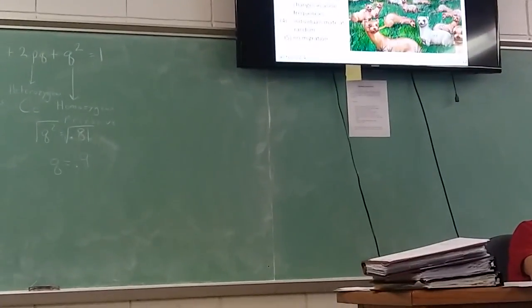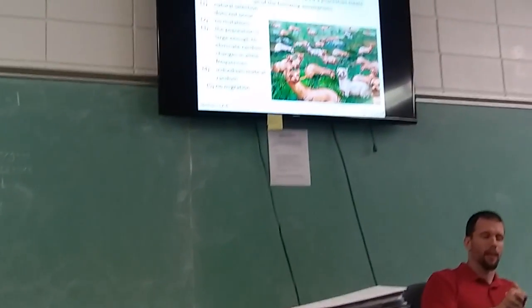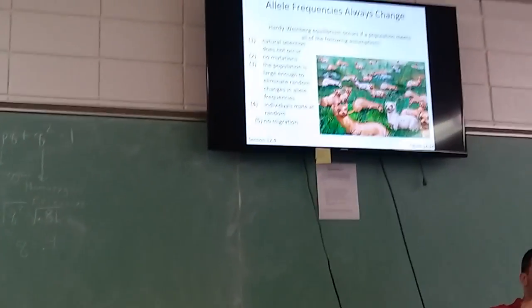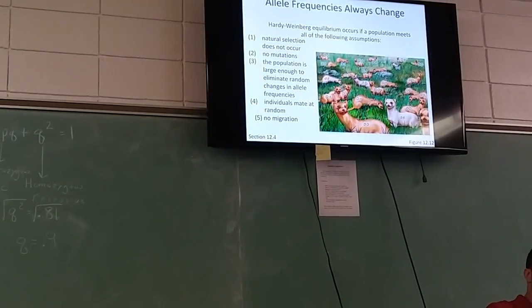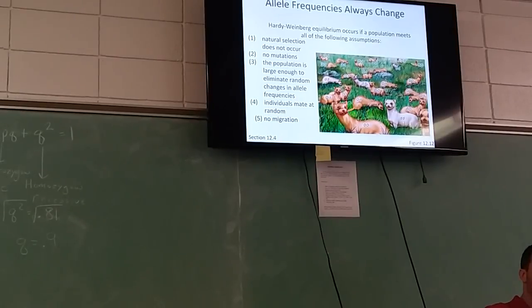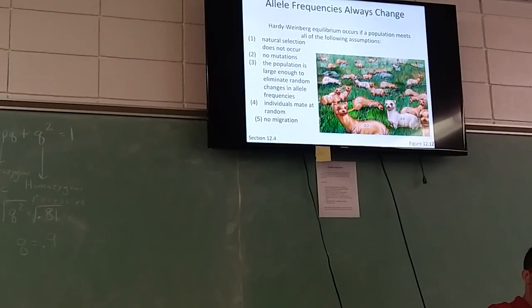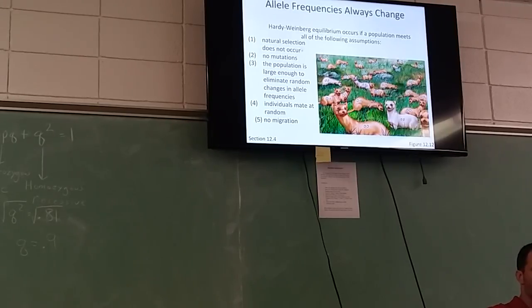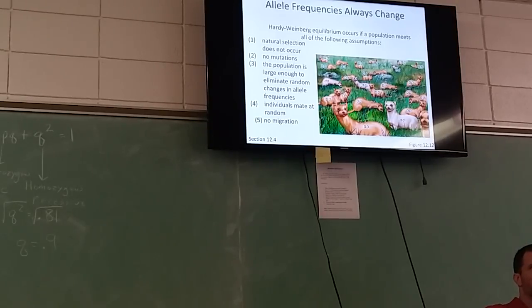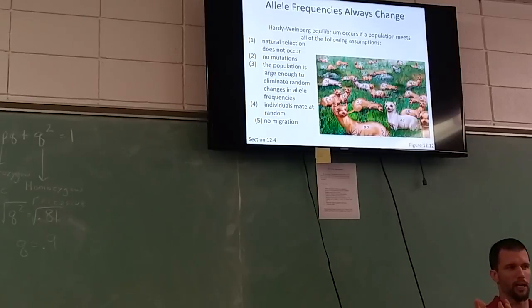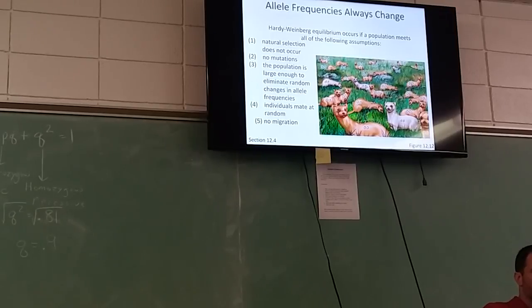And here are all the 5 rules that, like the crash course told us earlier, have to be in effect for Hardy-Weinberg to work out. One is that natural selection does not occur. We're going to talk about natural selection a lot, but the definition of evolution is random mutation, or natural selection acting on random mutation. That's basically what the next couple chapters are about: natural selection working on random mutations.